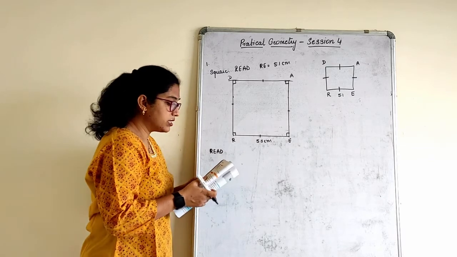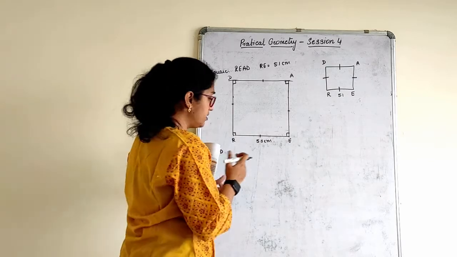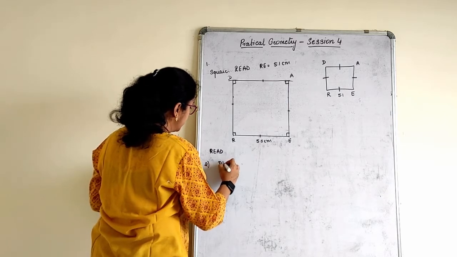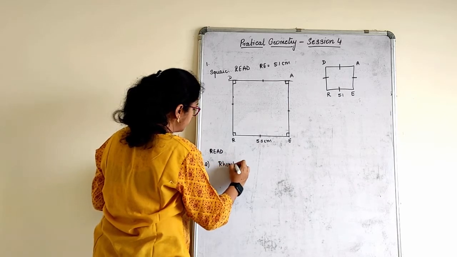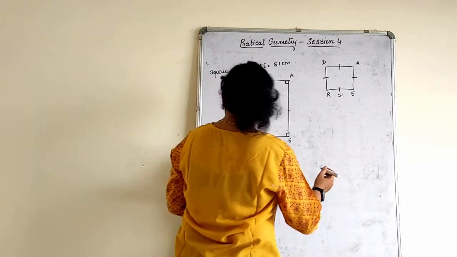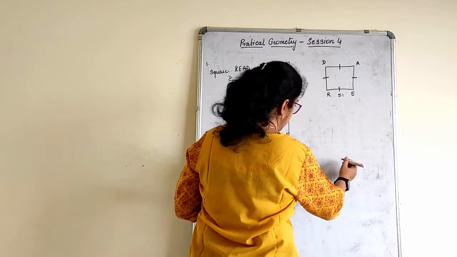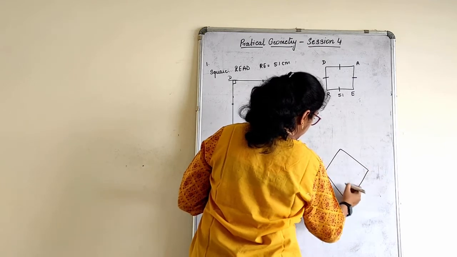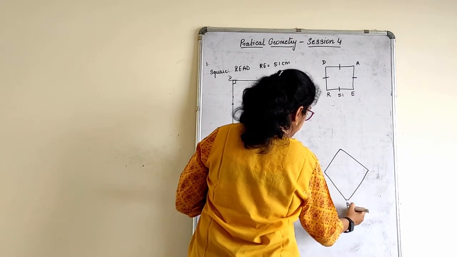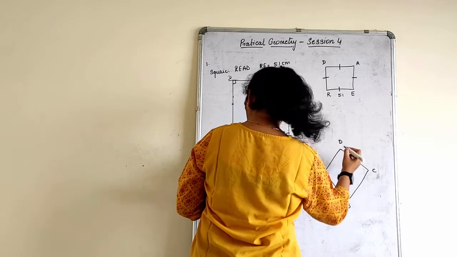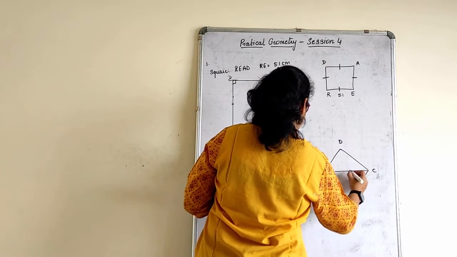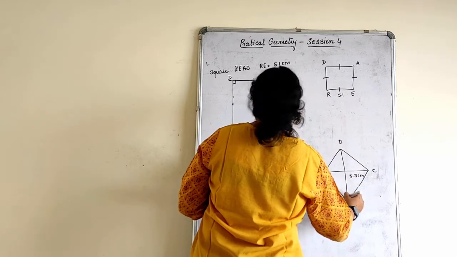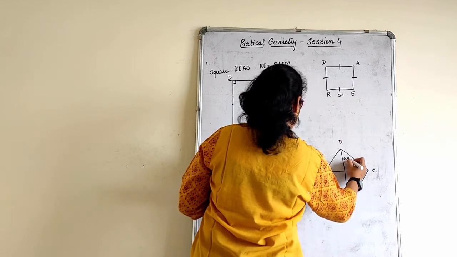A rhombus whose diagonals are given. Now, the second one I will be marking for homework. This part, a bit of homework I will give you for practice. What is the rhombus they have given? They have just told a rhombus. They have not even told what the sides of the rhombus are. So, we will consider ABCD as the rhombus, whose diagonals AC is 5.2 centimeter and the other is 6.4 centimeter.